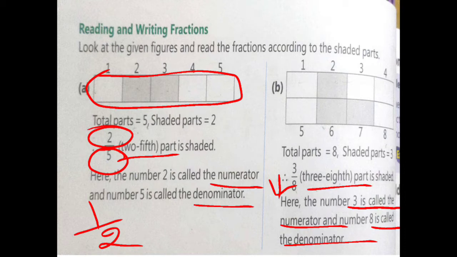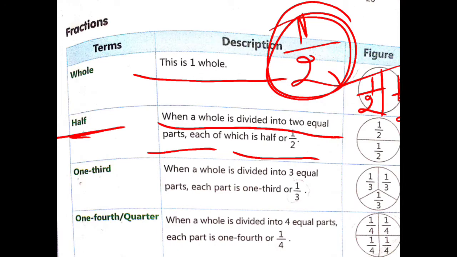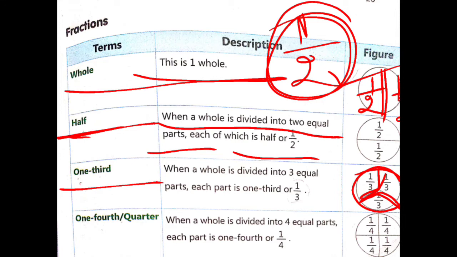Now come to our topic which we are discussing. We are discussing the whole. Whole is 1. If we divide this whole into 2 parts, then it becomes half. आपके पास कोई भी ऑब्जेक्ट है और आप उसको डिवाइड कर रहे हो 2 इक्वल पार्ट्स में, तो वो क्या बन जाएगा आपका? हाफ. ओके. And if you divide a whole into 3 parts, then it is called 1/3. क्या बोलोगे आप उसको? 1/3. So you have to learn these terms: whole, half, 1/3.